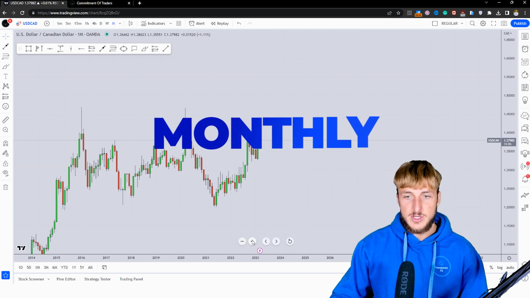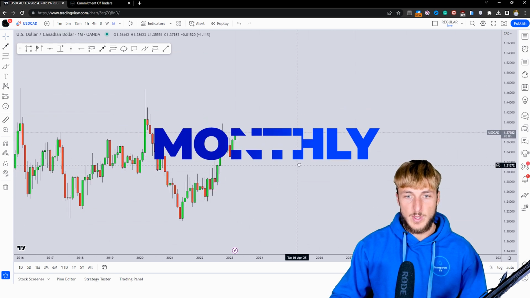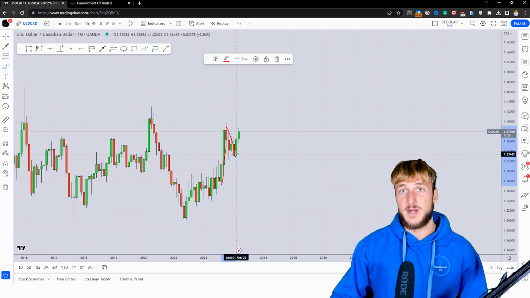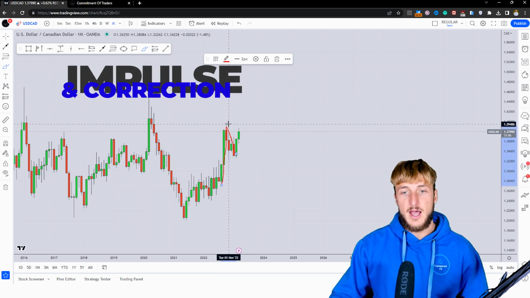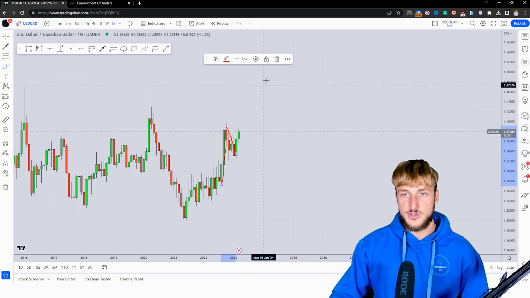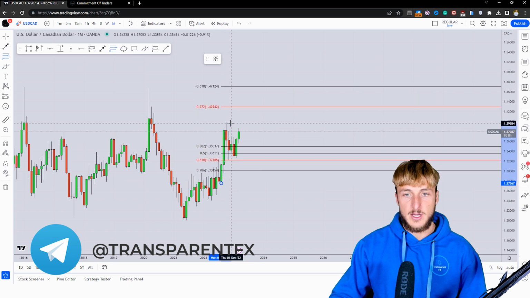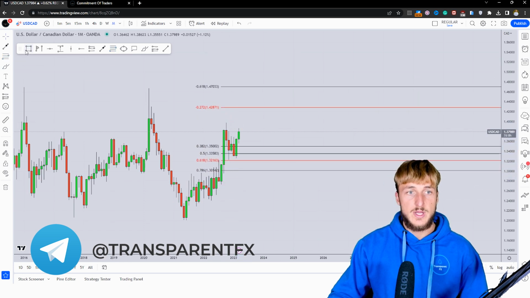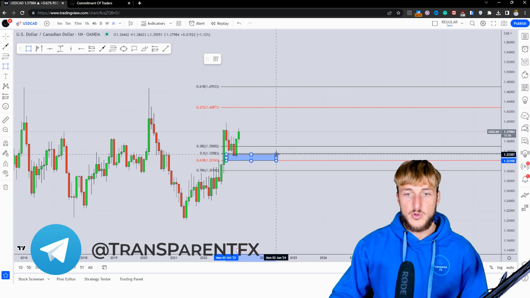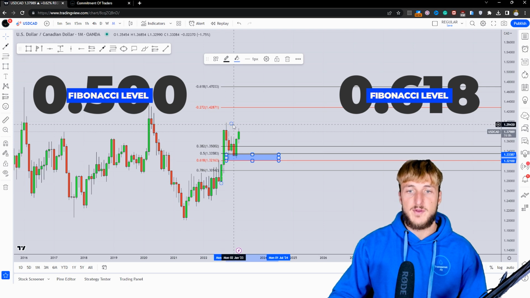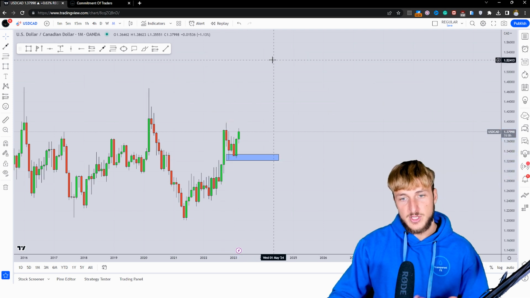Now, starting from the monthly time frame, what we can see is that we just got a very strong impulse to the upside, followed by this correction. Now, in general, after the impulse, if you want to measure the correction, what you have to do is take your Fibonacci from the low to the high of the impulse. And if we do that, we can see how the market here has just created a perfect correction to the zone, which is in between the 50% and 0.618 of the Fibonacci taken on this monthly impulse,